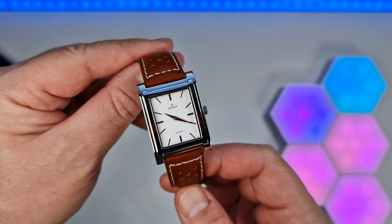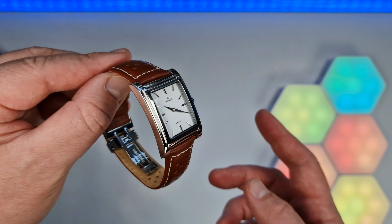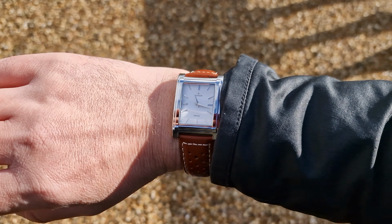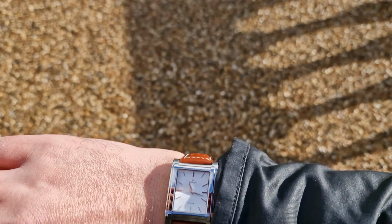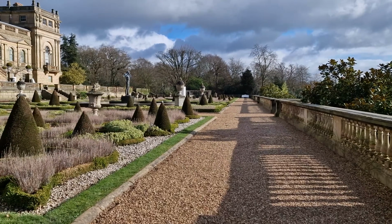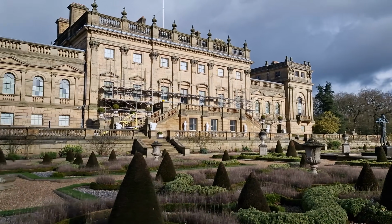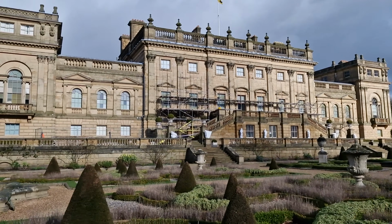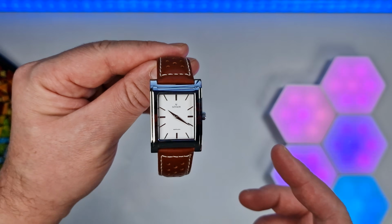There's a classic appeal to this watch, as obviously there are strong vibes of the Cartier Tank, purely because it's rectangular, has a wide dial, but actually this Söner Nostalgia holds its own personality too. There's a bit of an understated luxurious feel to my wrist, and it carries that very distinctive aesthetic of being a rectangular watch with the face of the watch framing a pretty cool look that reflects the style and elegance of